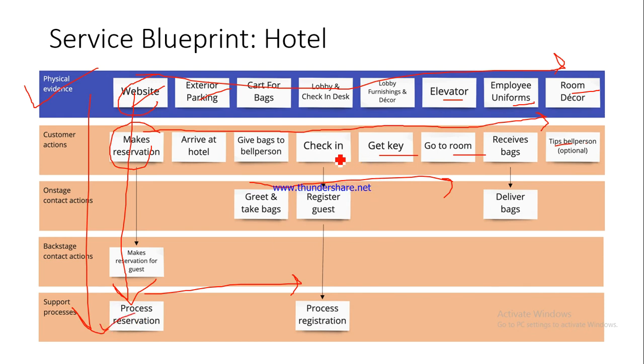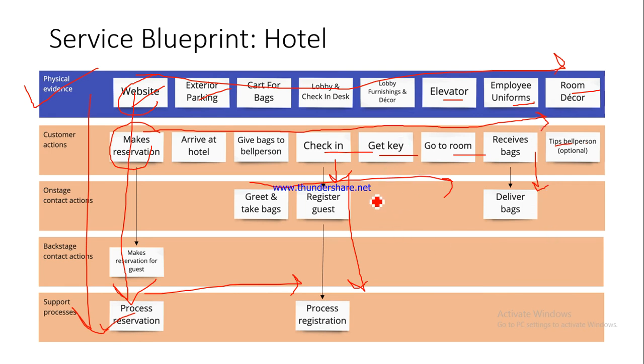Again, have a look at here. Check-in. When he's checking in, right, the on-stage action is that the person is being checked in by the on-stage attendant. It could be the receptionist who is making the customer check in by asking him for all his details and filling up all those details in the register meant for that purpose, right? So that is why we have actually mapped it in a vertical fashion. Here, now when he receives the bag, somebody has to deliver the bag also, so that's why it is mapped in the vertical fashion. Fine, is that okay?